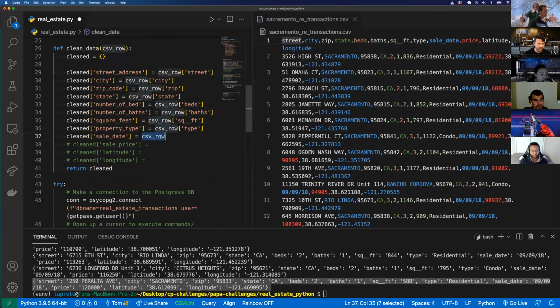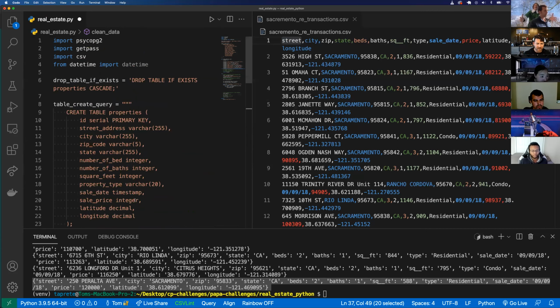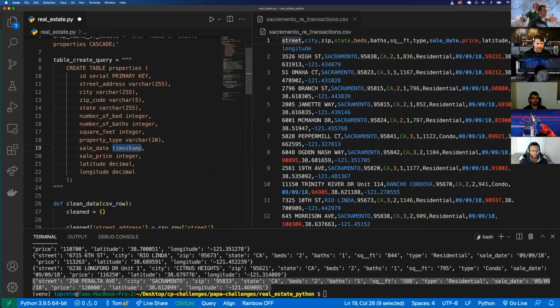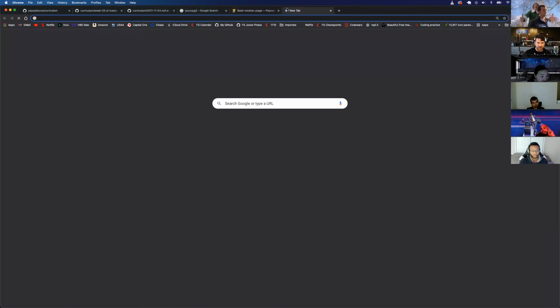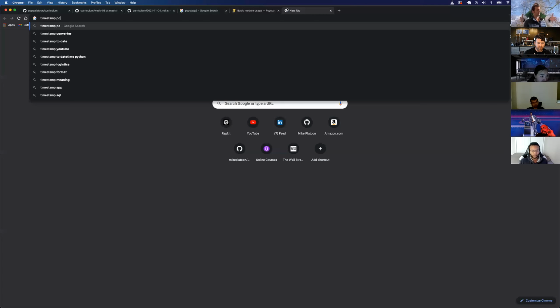So for CSV row, the sale date is sale date, but I need to convert it into whatever that timestamp looks like in Postgres. So if I do timestamp Postgres example,